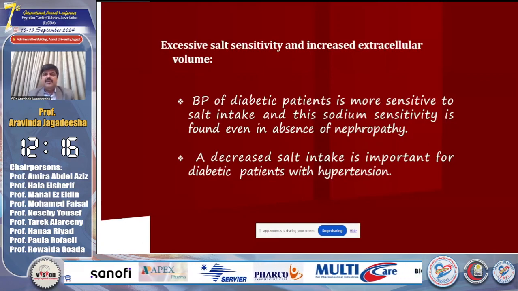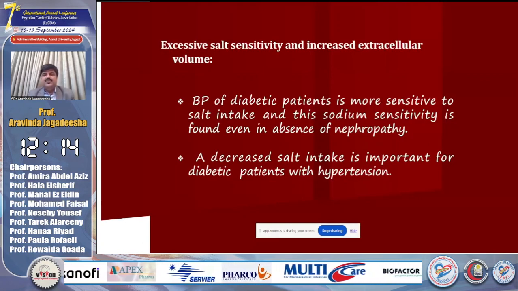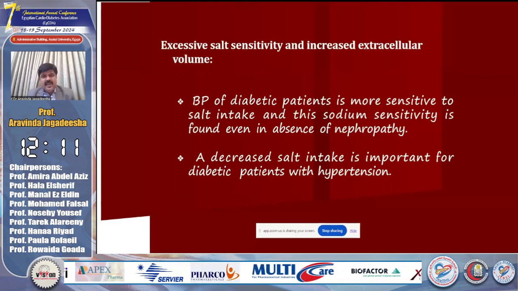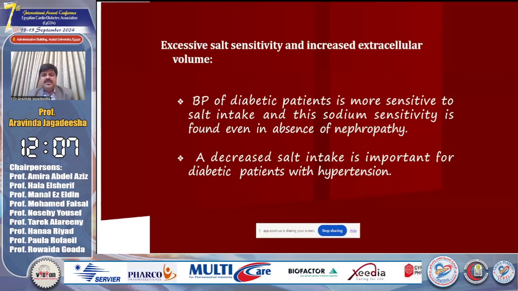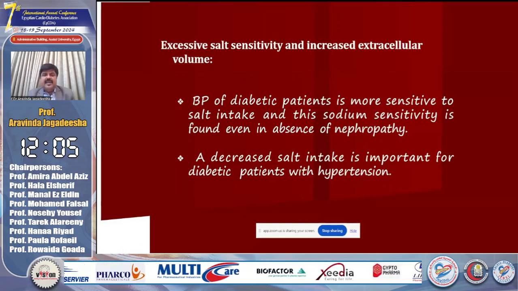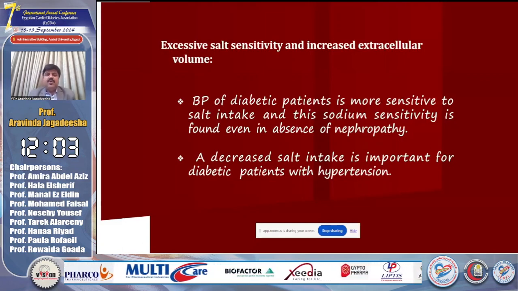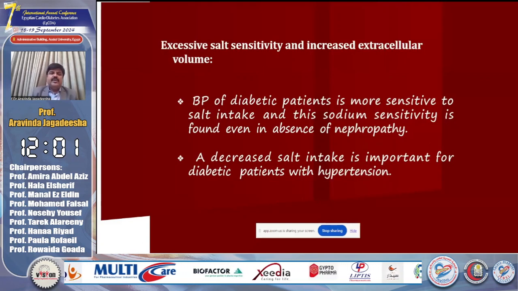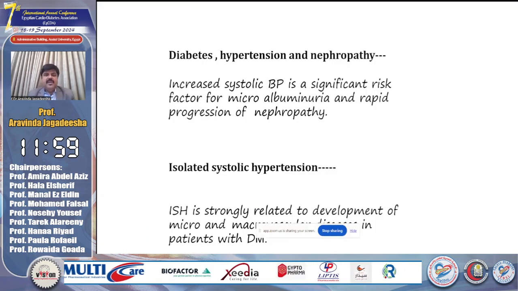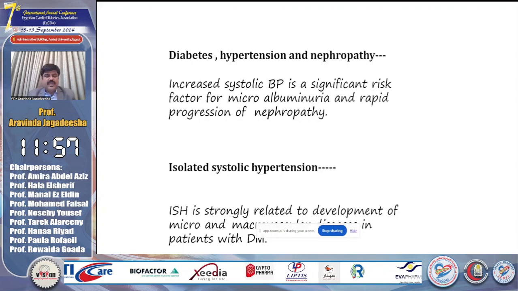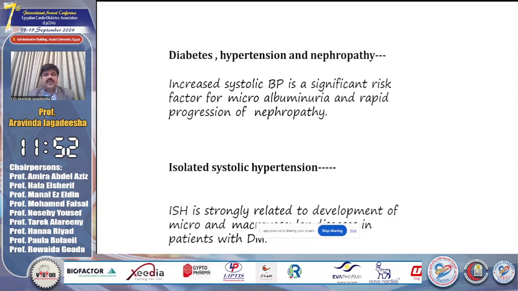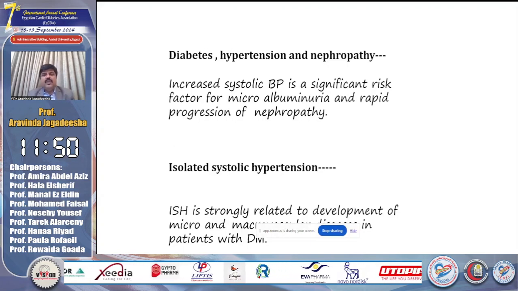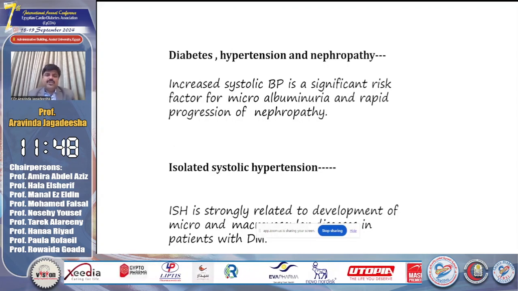The blood pressure of a diabetic patient is more sensitive to salt intake, and this sodium sensitivity is found even in absence of nephropathy. A decreased salt intake is important for diabetic patients with hypertension. So, diabetes, hypertension, and nephropathy: increased systolic blood pressure is a significant risk factor for microalbuminuria and rapid progression to